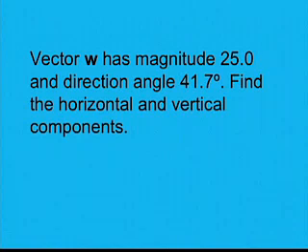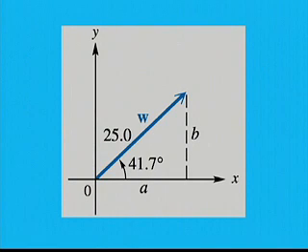Well, let's look at an example where we are asked to find the horizontal and vertical components for a given magnitude and direction angle. Vector w has magnitude 25.0 and direction angle 41.7 degrees. Find the horizontal and vertical components. So, here's a diagram of what that looks like. We have an angle of 41.7. We have the length of the vector, magnitude, as 25.0, and we want to find A, which would be the horizontal component, and B, which is the vertical